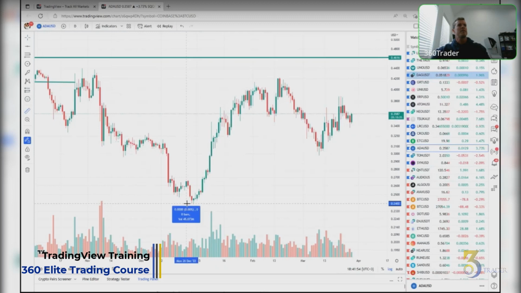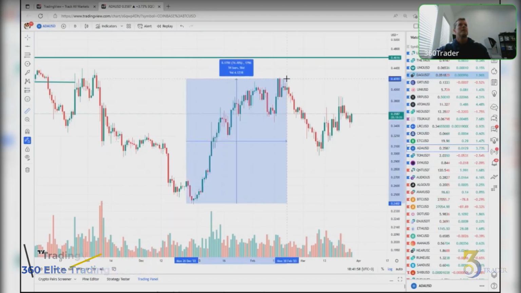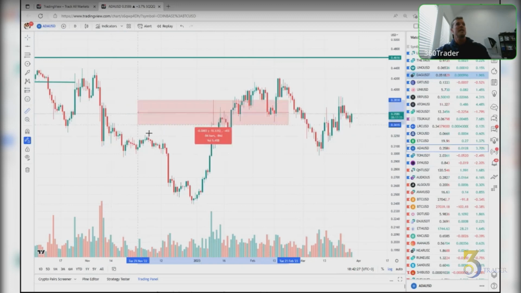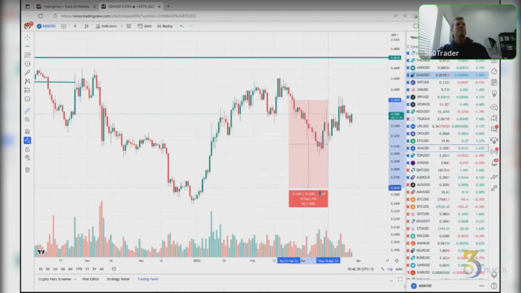And let's say I want to see from here to here. All of a sudden, just using the measurement tool, it's telling me, look at that bar there, right here. It's telling me how many days, your time length. So it's telling me that's 55 days, and that's a 75% return. So you see how I'm able to, instead of doing long or short, measure how long is that? How big is that? It's as simple as grabbing that ruler and dragging it. And that's up, and it'll do the same down. So down you get that nice red.